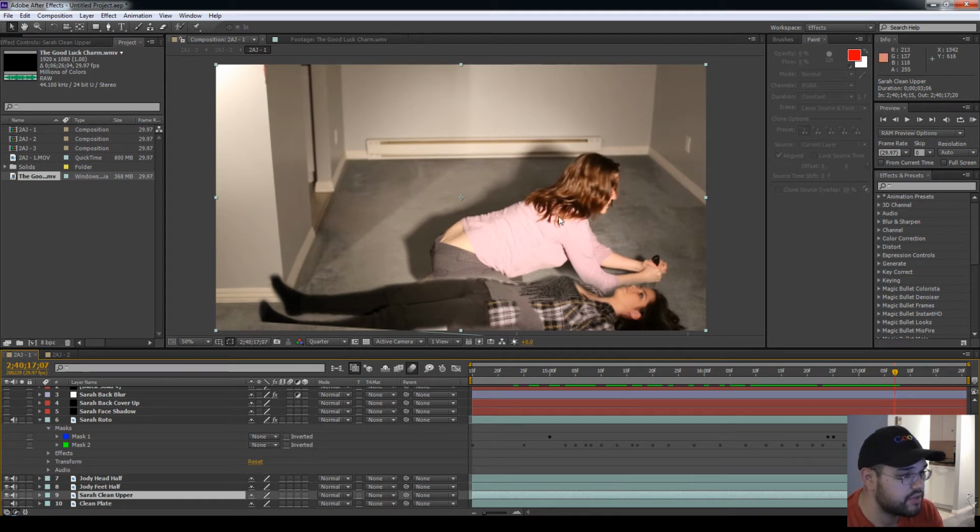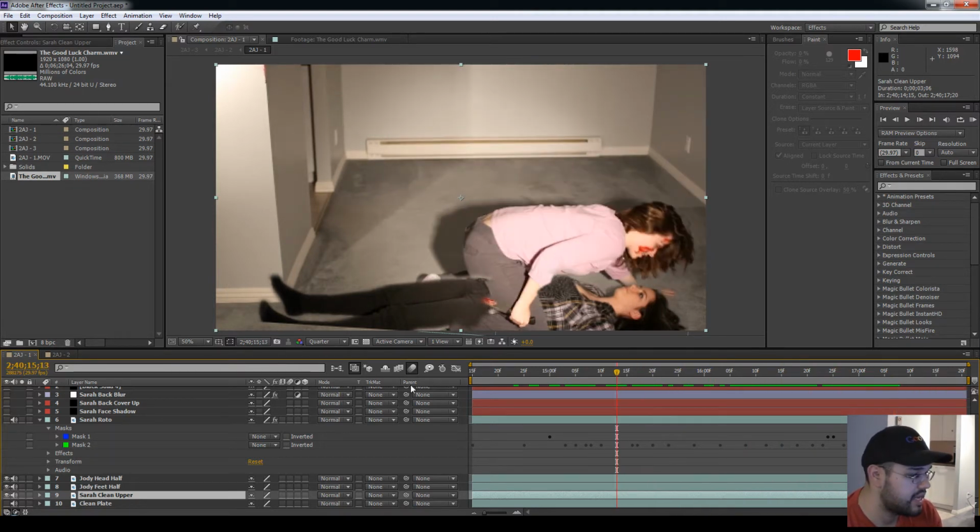So essentially what we have to do is take the stabbing actress and move her leg and her arm forward into the foreground instead of being in the background. Now the way we're going to do that is duplicate the footage, and we're going to rotoscope these areas. Essentially what that means is masking these areas, telling the computer just take these parts and bring them forward. Now the way to rotoscope is you want to select the footage,